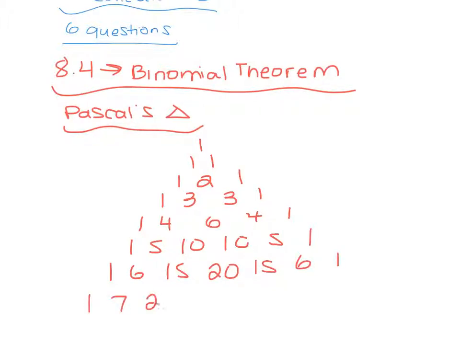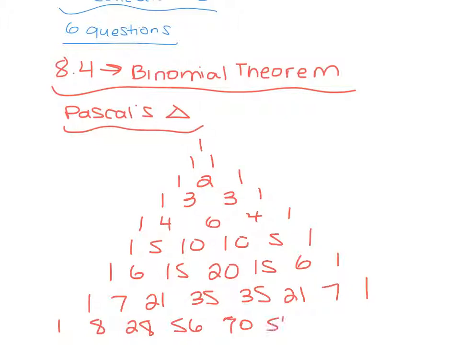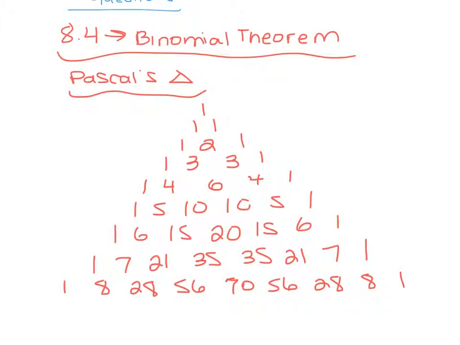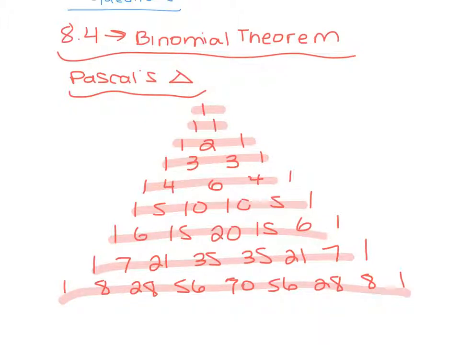1, 7, 21, 35, 35, 21, 7, 1, 1, 8, 28, 56, 70, 56, 28, 8, 1. Okay. So technically, if I count them here, there are 1, 2, 3, 4, 5, 6, 7, 8, 9 rows. So if I ask you to give me the first 5, you give me the first 5. If I ask you to give me the first 6, you give me the first 6. Okay? That's different than if I said go to the 7th row, because remember the first one is the 0